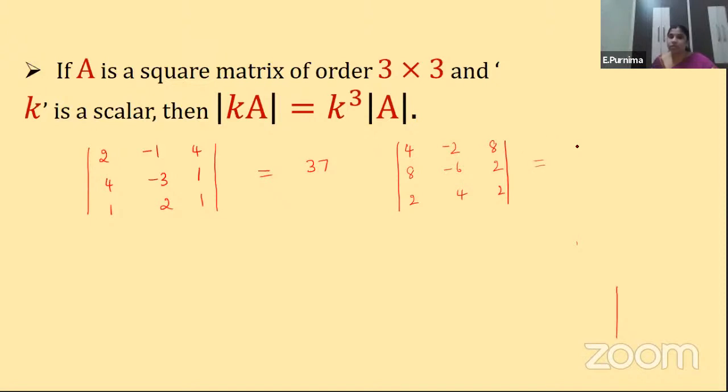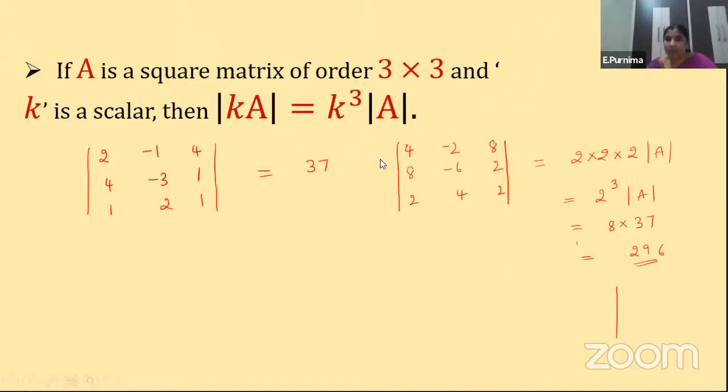So that is nothing but 2 into the determinant of A, according to the previous property. Similarly, the second row is also multiplied with 2, isn't it? So one more 2 comes out as a coefficient. Next, the third row is also multiplied with 2, so one more 2 comes outside as a coefficient, into the determinant of A. Is it clear? So it is 2 cubed into the determinant of A, which is 8 into 37. How much is it? 8 7s are 56, 8 3s are 24 plus 5 is 29. This is the determinant value we get.